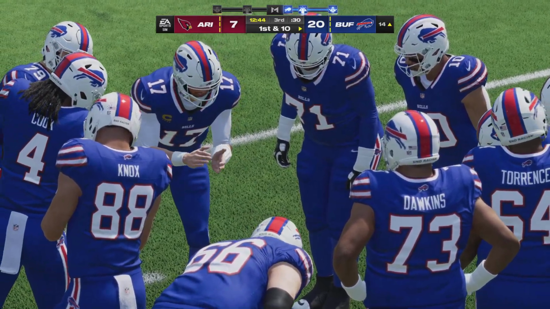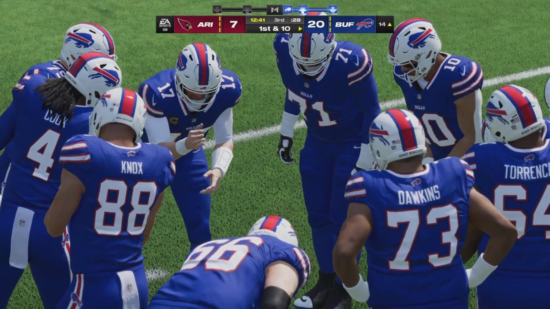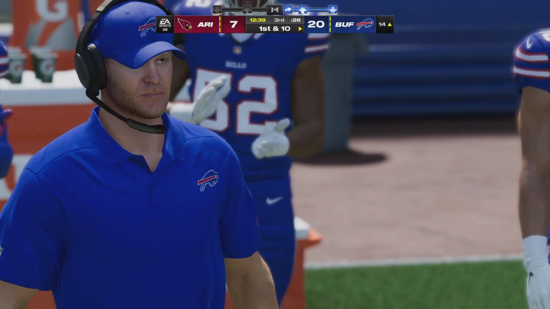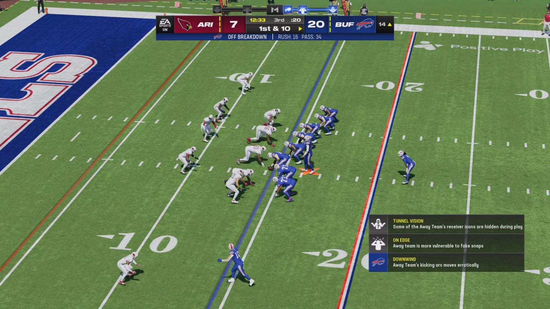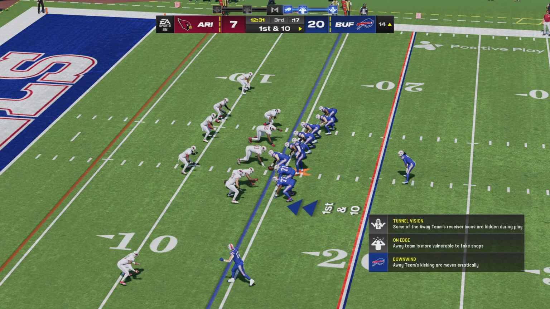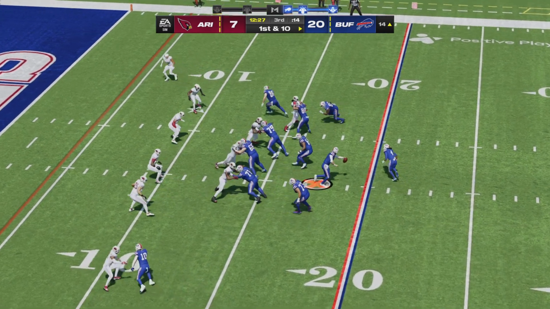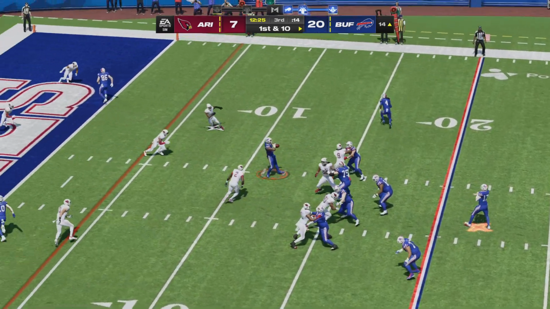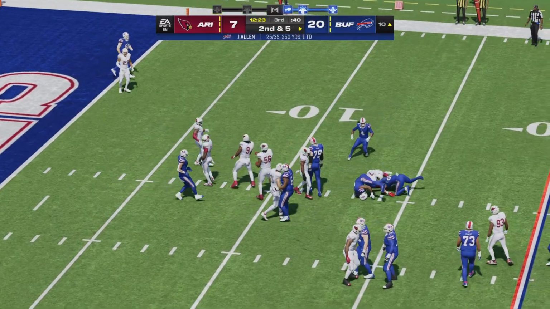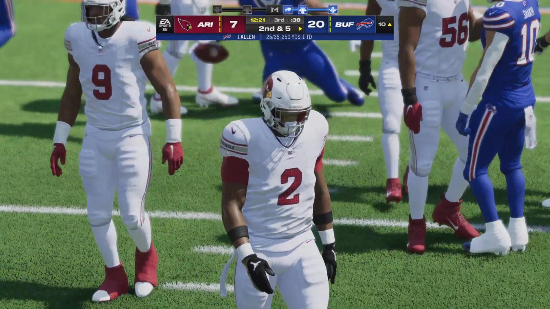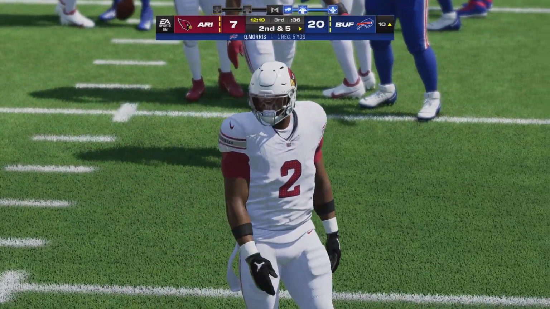He's certainly done a nice job spreading the field on this drive, and here he finds his big tight end for good yardage. And that's what you have to do. Keep defenses guessing about where you're going to go with the football. Operating from the red zone now. Allen gets this one to Morris. So give him 5 yards there on the pitch and catch, and it'll be second down.